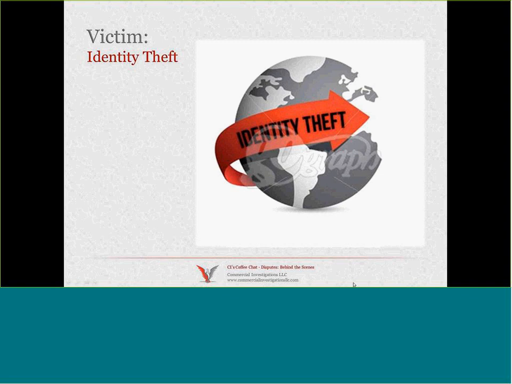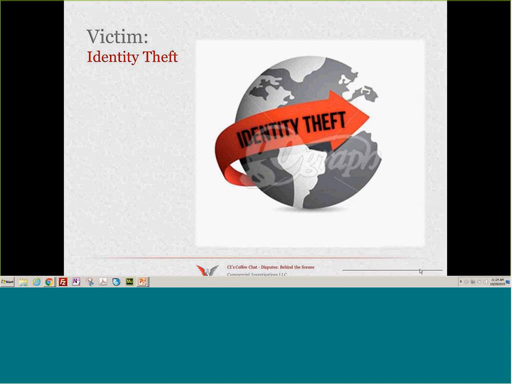But on our website, most of you online are clients, and we have this special client page. You might not know that there's also a consumer page where the subjects can go. On our consumer page is a document on remedying the effects of identity theft. Always make sure that the subject gets a link to that document if it's via email, or if they request it or don't have email, we can mail them a copy. So if anybody remotely mentions identity theft, there's a document remedying the effects of identity theft.